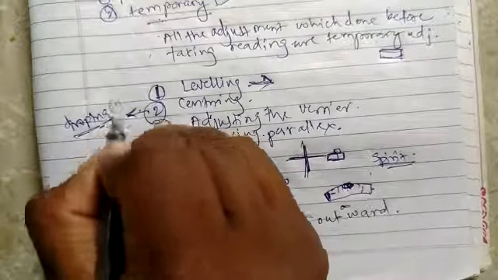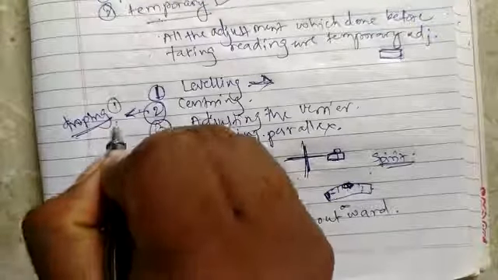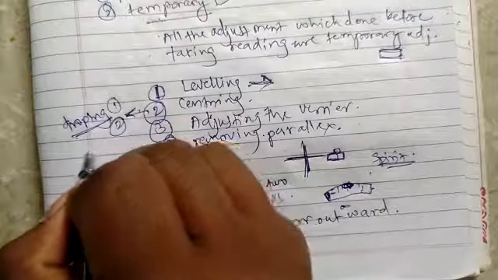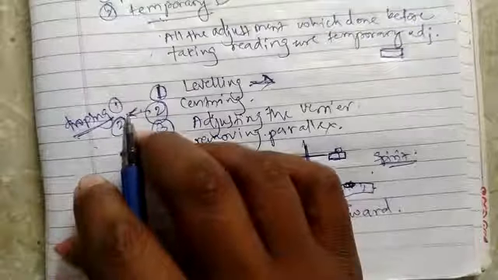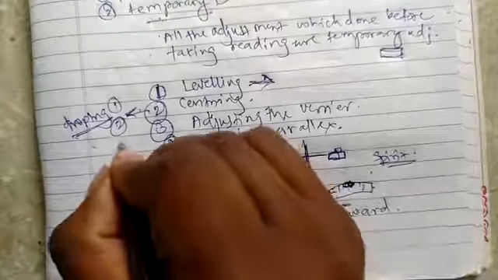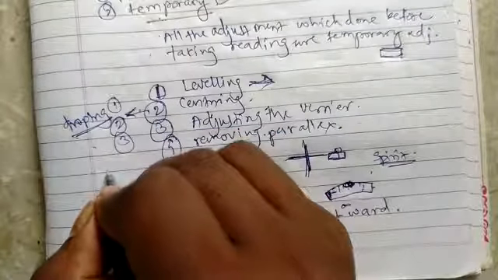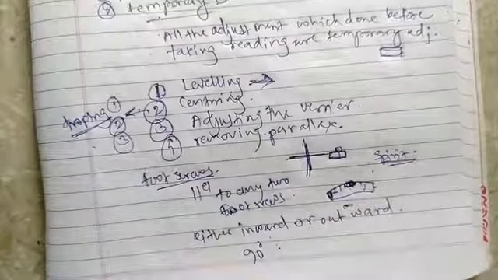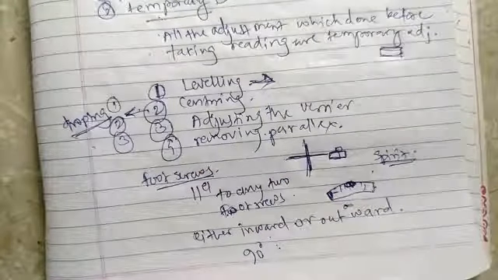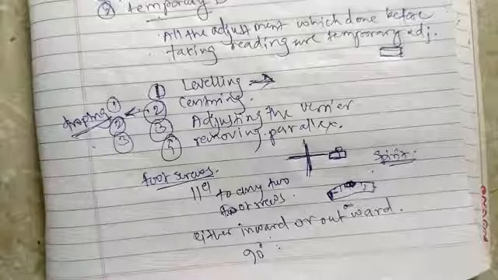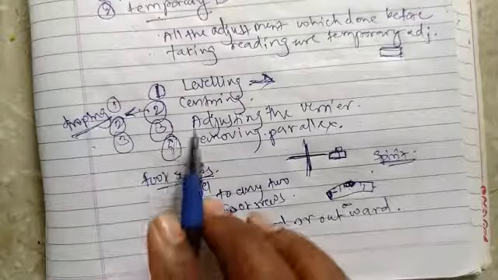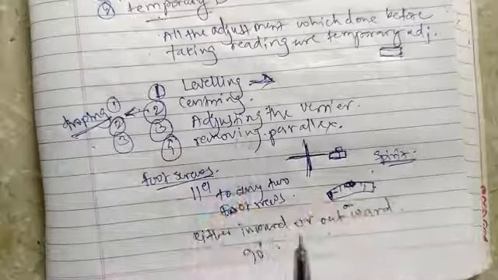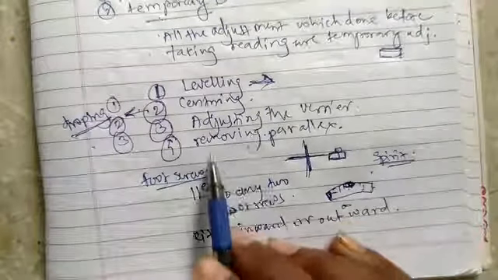This is the first method. The second method is to use a plumb bob, and the third method is to use the advanced eyepiece provided for centering. These are the methods used for centering. Then the next operation is to adjust the vernier to 0 by using